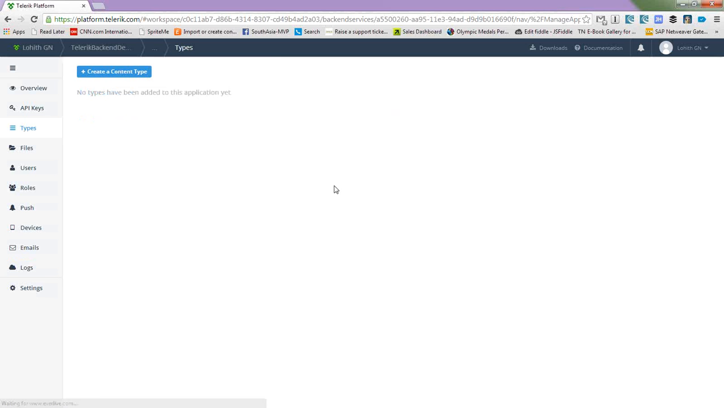When I say types, basically we allow you to create custom types now. So you can create any custom type that you want. The files, user, roles, these are all predefined out-of-the-box system tables, per se. Now I can just come back here and then say